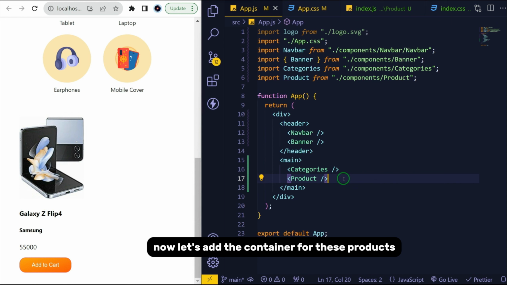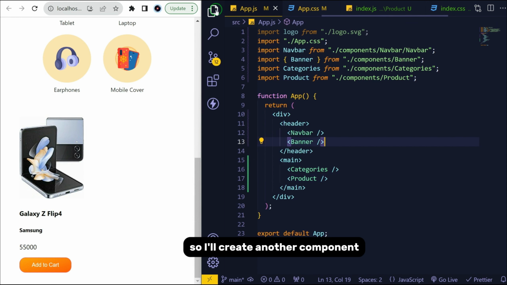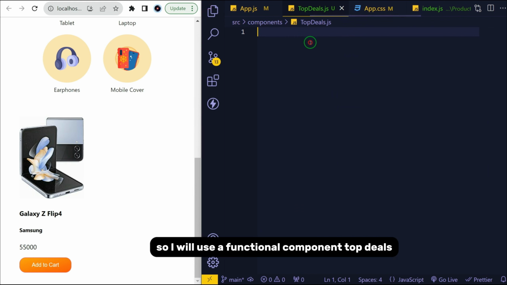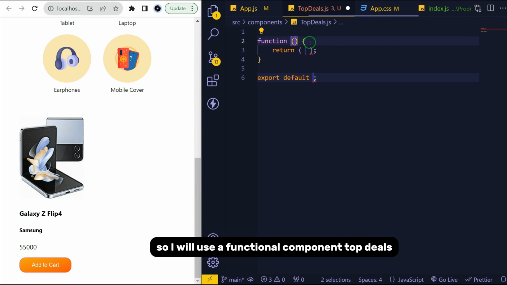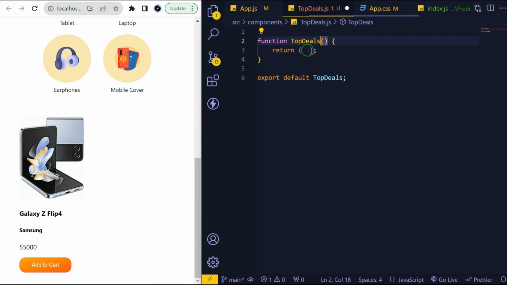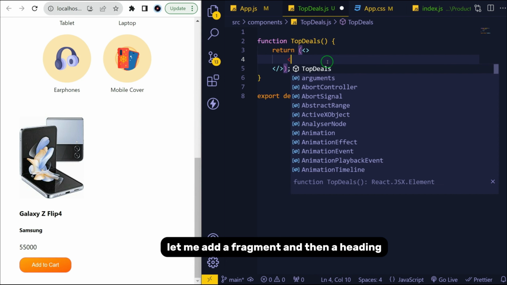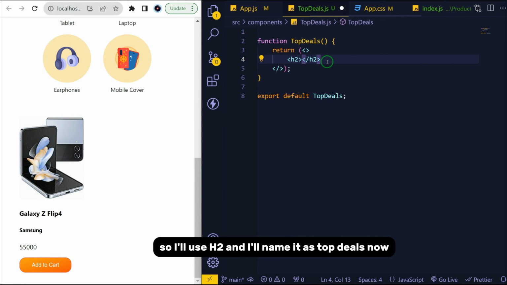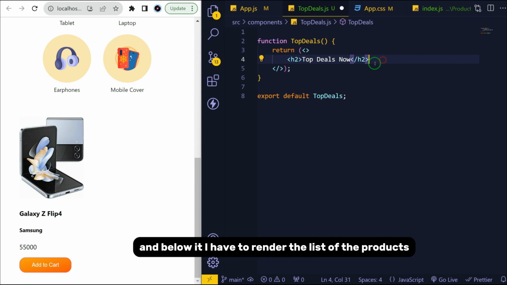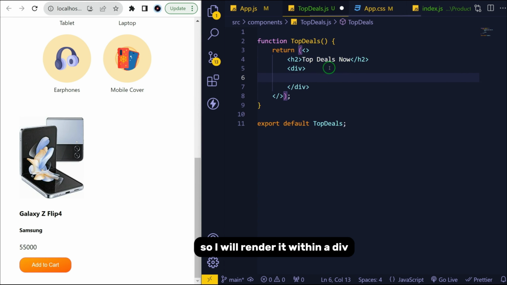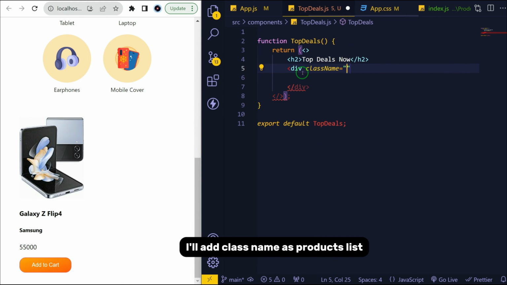Now let's add the container for these products. So I will create another component and I will name it as TopDeals.js. So let's define this. So I will use a functional component, TopDeals, and inside this, let me add a fragment and then a heading, so I'll use h2 and I'll name it as top deals now, and below it I have to render the list of the products, so I will render it within a div. I'll add a class name as products list,